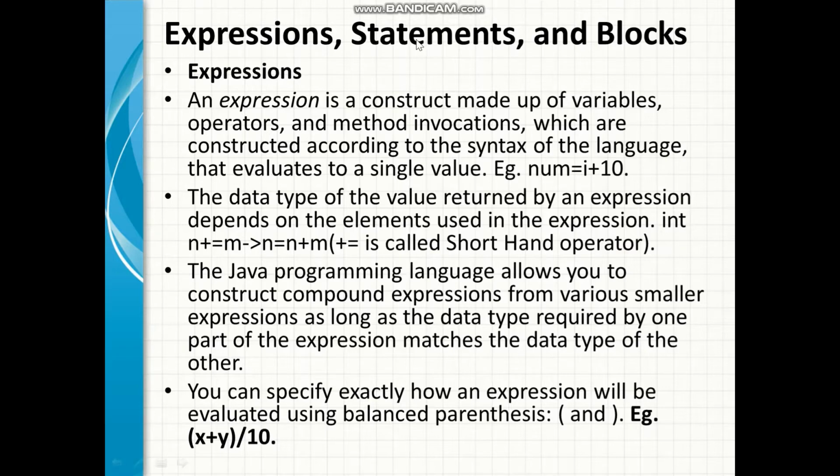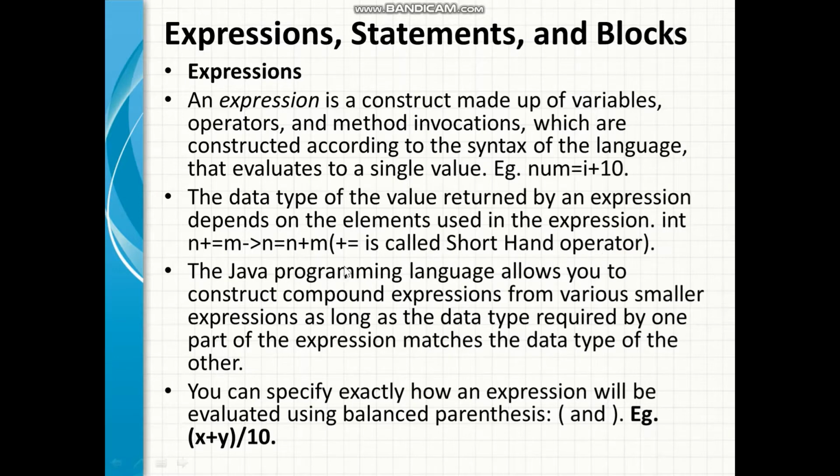So we can say a statement is made of expressions, and an expression holds variables with operators or some condition, relational operator, any type of operator. It is not only adding or subtracting; we have seen many operators in the previous session.